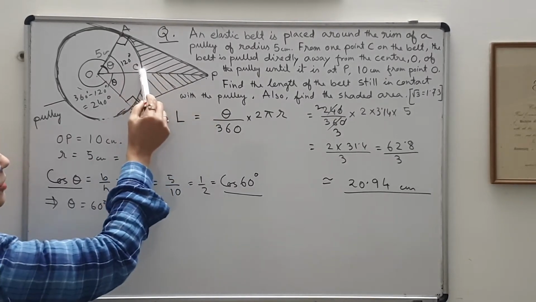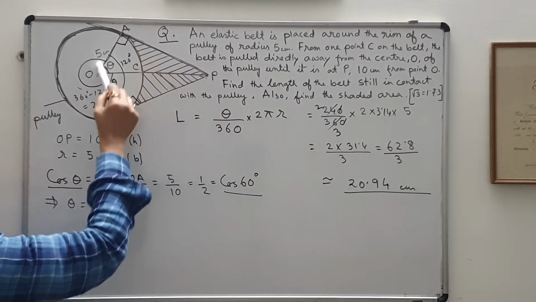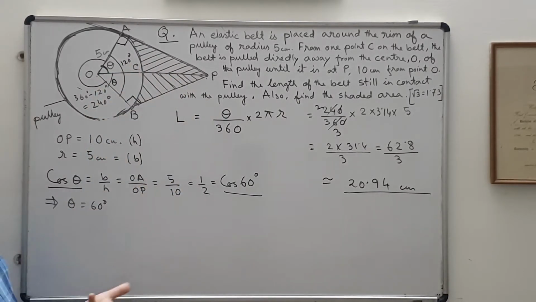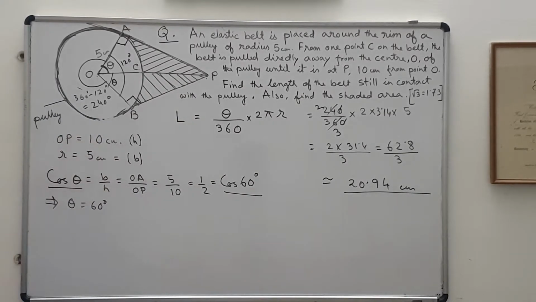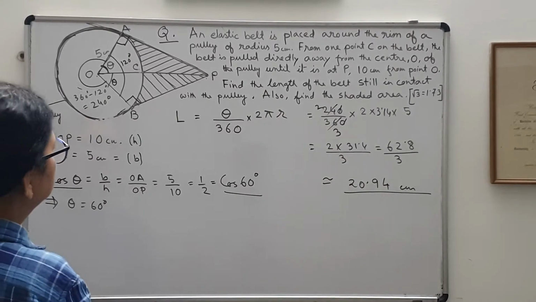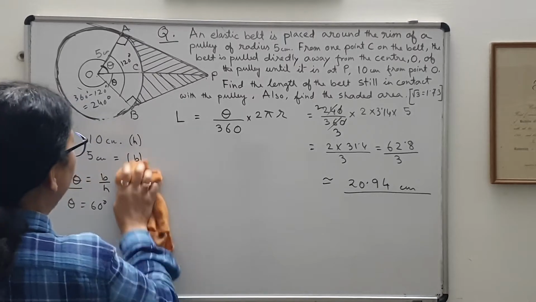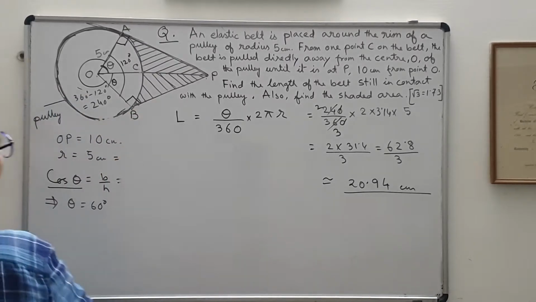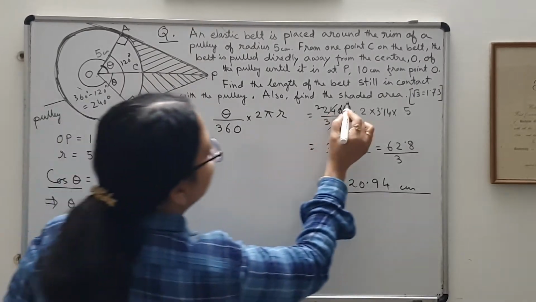So this area will be identical to this area, because half the shaded area is this triangle area minus this sector area. So double of that will be our required area. So in this way we can find it out. So okay, theta is 60, that will be required. Okay, we erase this part and find out the required area. Let me write down this. To find the area of the shaded area.